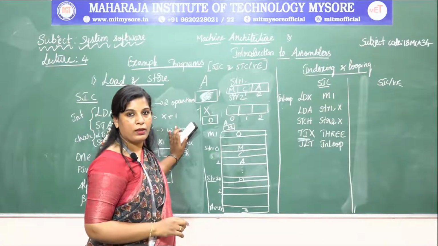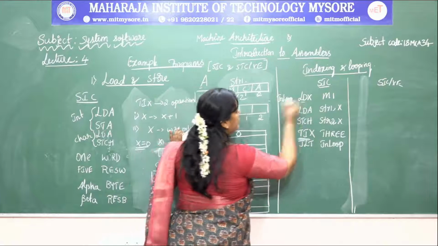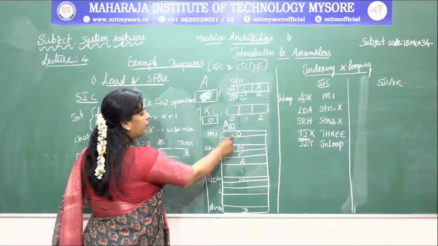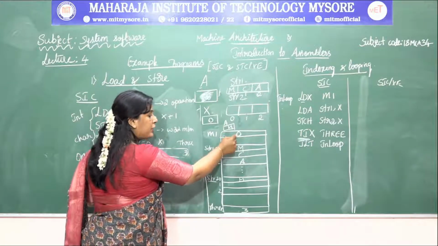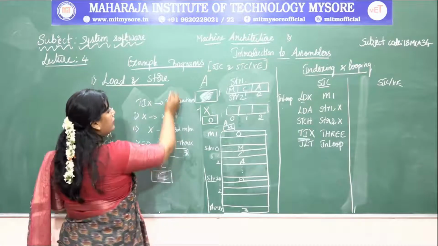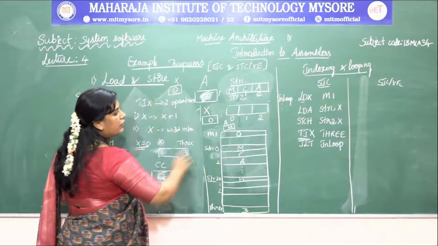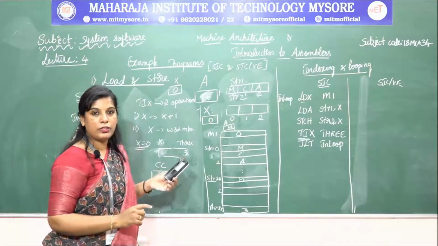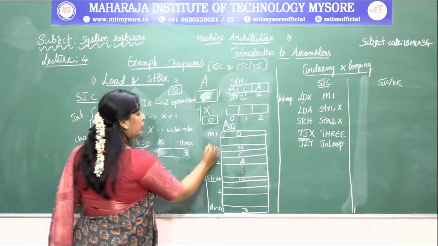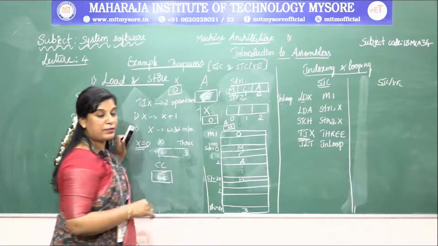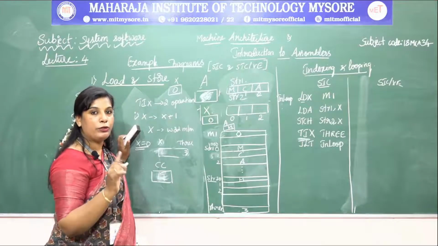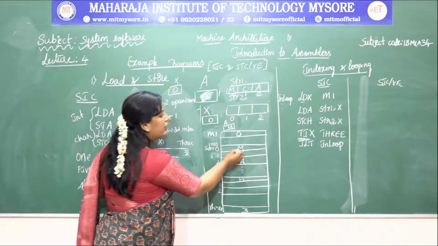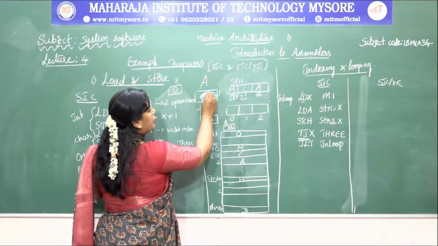Right, so tracing this program: the index register is first initialized with the value present in M1, so now the index register value is 0. What is the second instruction? Load accumulator with string 1 at the memory location indexed by register value 0. If string 1 is at memory location 1000, it copies the character present at 1000 plus 0. After that, the accumulator has the value M.